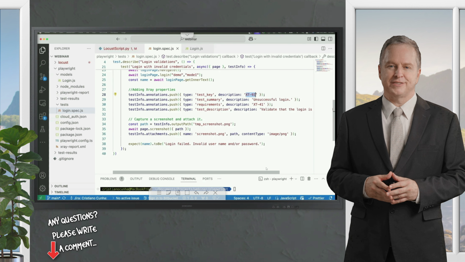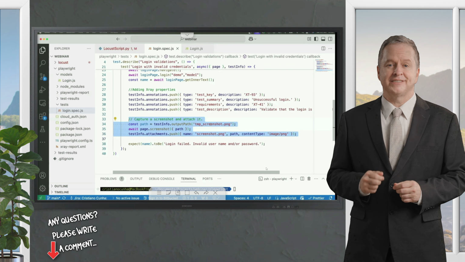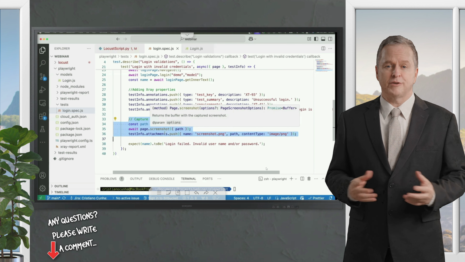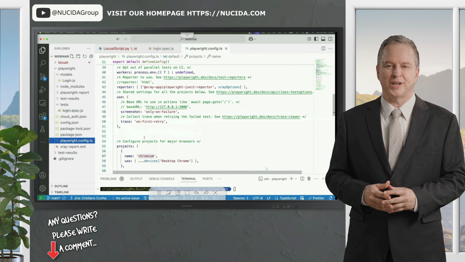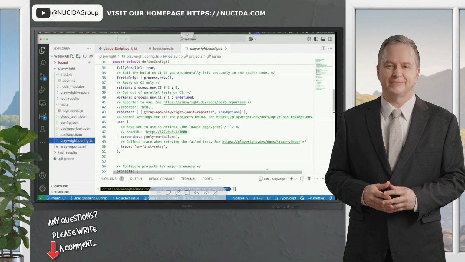The properties are the same. I'm just linking it to a different test to be categorized differently. In this test, I'm also having a screenshot on the report. To configure the reporter, you have to go to the Playwright configuration in this area, and you will see that